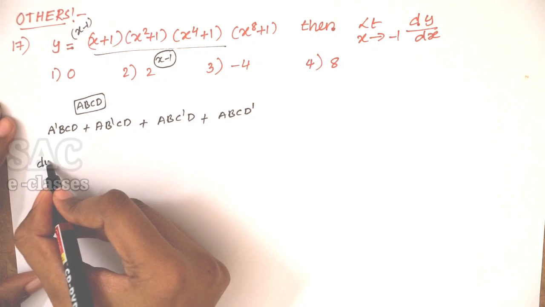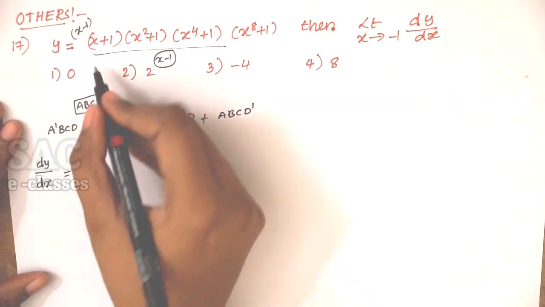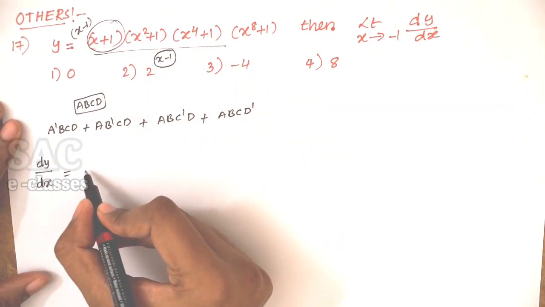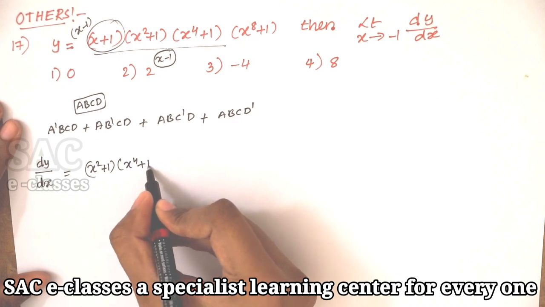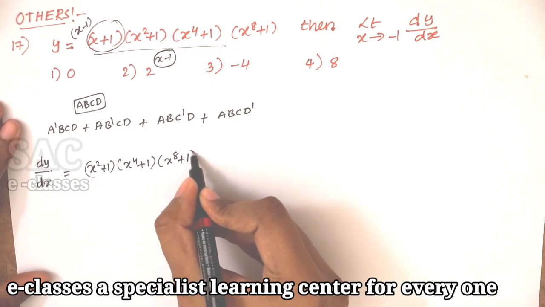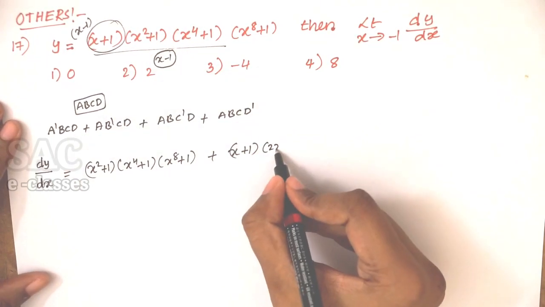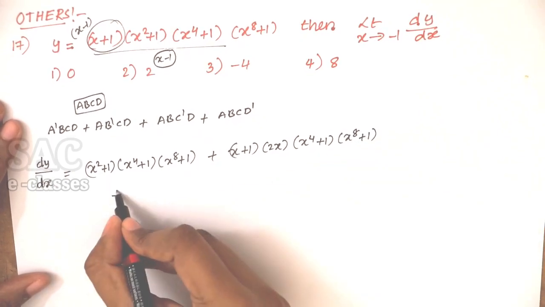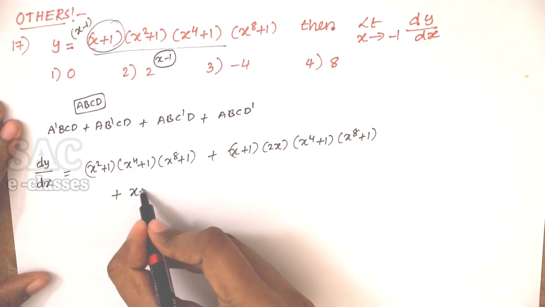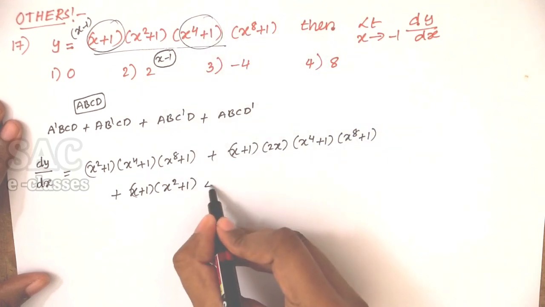Now find the differentiation dy by dx. As I told you, take the first factor's differentiation. x plus 1 differentiation is 1. So write the rest of it. Next, for the second factor, x square plus 1 differentiation gives you 2x. Write the remaining as it is. Go for the third one. Third factor differentiation, the rest of the factors as it is. The third factor differentiation is 4x cube